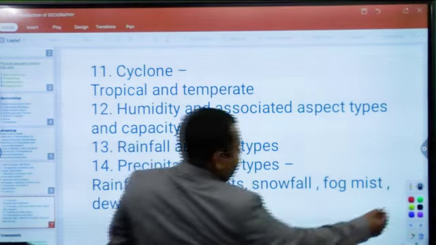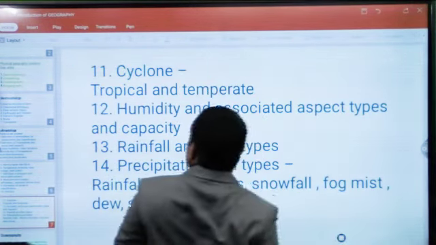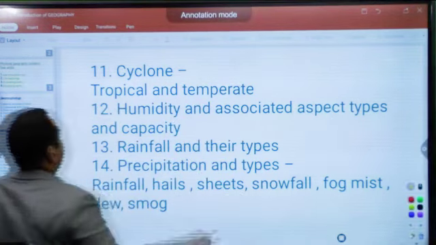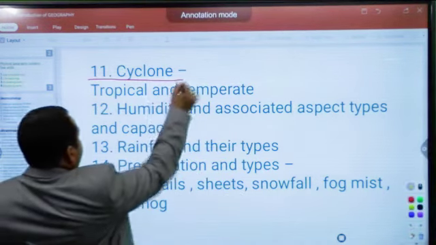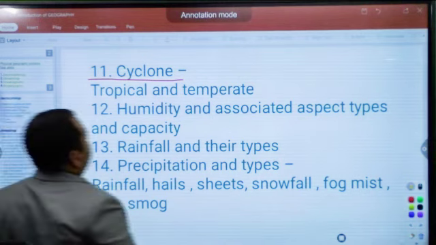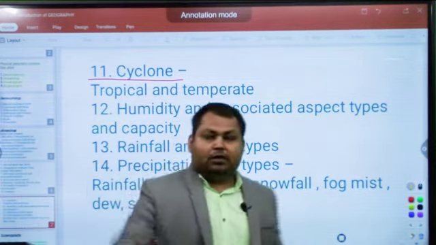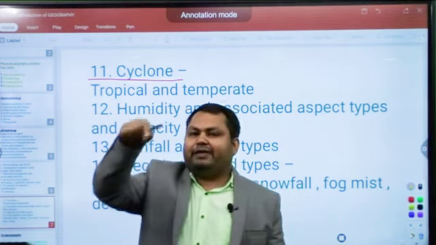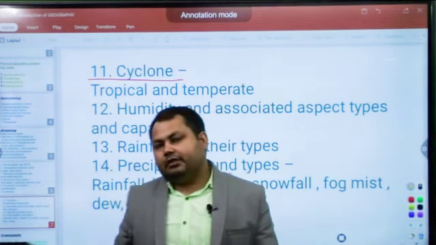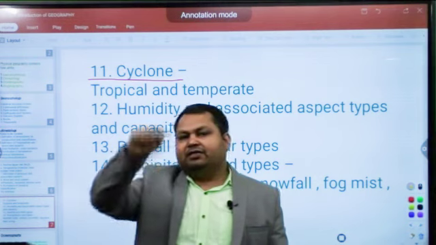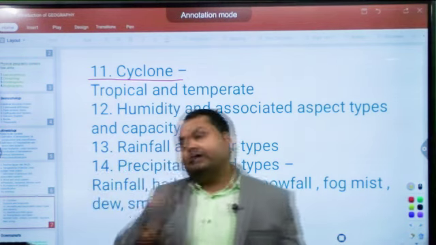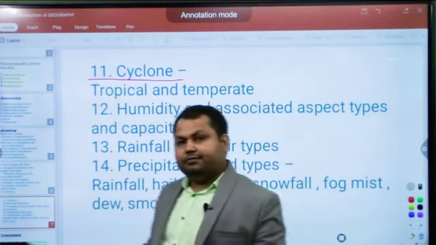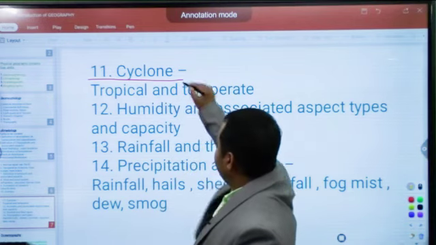The next topic in climatology is cyclone. What is cyclone? Rotating wind under influence of differential pressure and rotation of earth. That is called cyclone. In short,